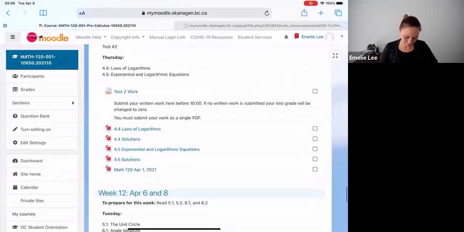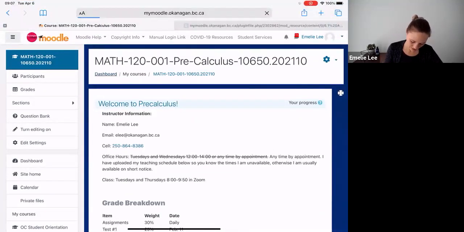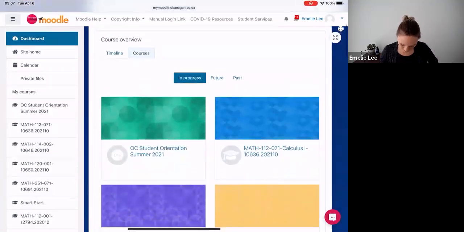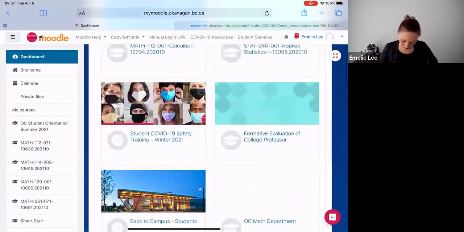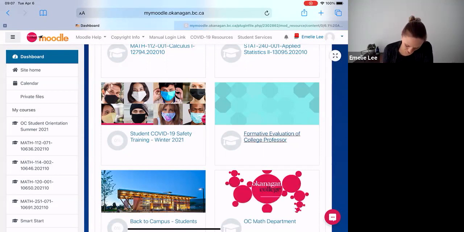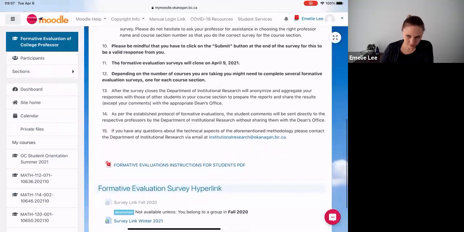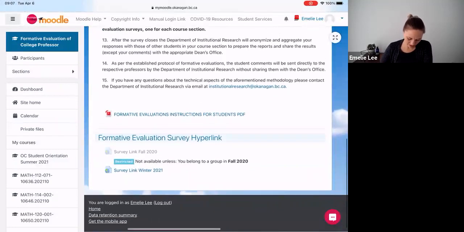You go to Moodle, and there should be a course added to your page. It might be a little bit later, but it should be a current course called Formative Evaluation of College Professor. If you go there, read the instructions, and here's the survey link. Then if you go to the survey link,